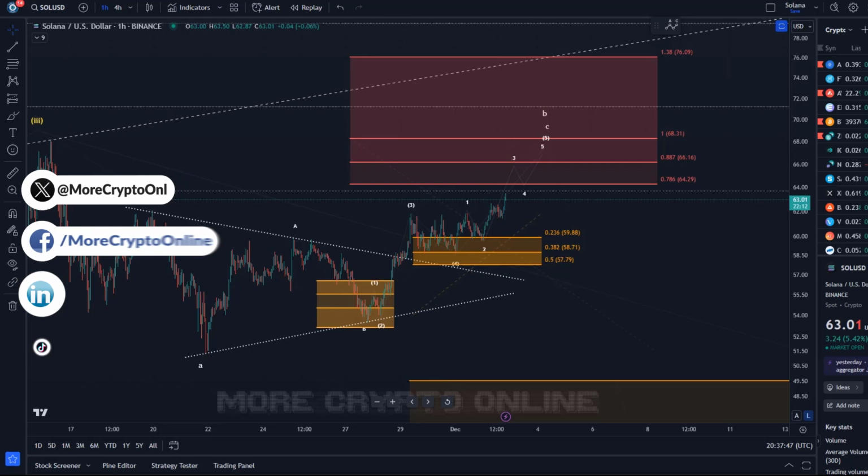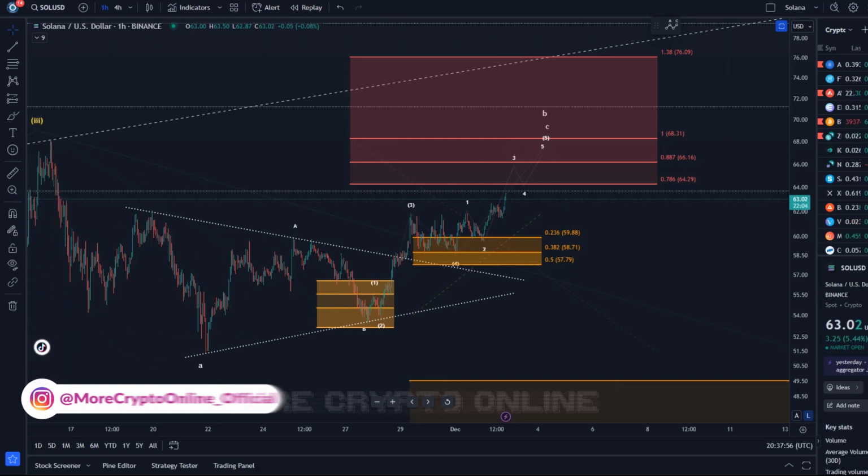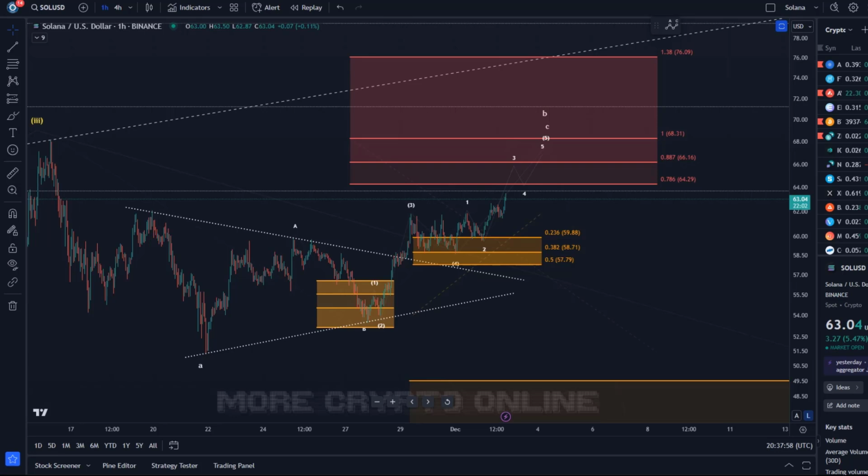On the Solana chart, we just want to focus on the shorter time frame. I did discuss the larger time frame in my earlier video and yesterday also. So let's just focus on the smaller time frame, and there is no need at the moment to change the wave count at all. Also, the micro wave count, the microstructure that I shared with you in previous videos, is currently being respected. The key level that I mentioned in the last video is currently holding, and the price indeed